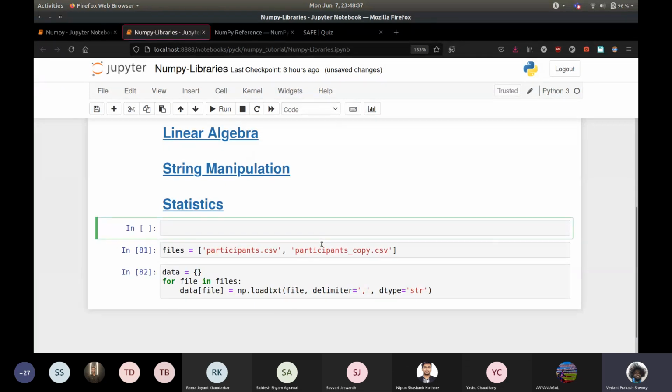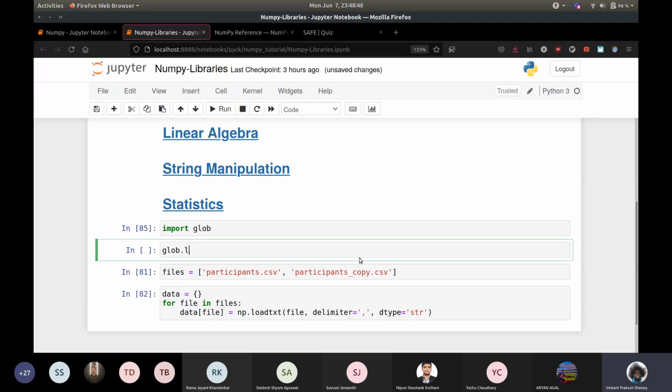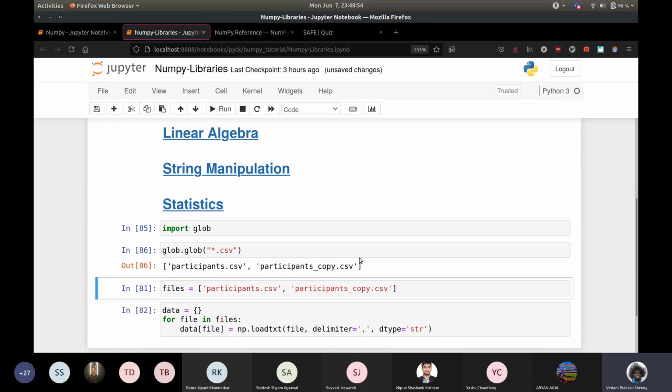I'll give you a bit of a hint, because if you don't have access to this and you just want every CSV in this folder, one thing you can do is use this module called glob. I'll just show you the syntax. You can look it up later and find out what glob is. What it does is it gives you the list of all the file names where the file name matches some pattern.